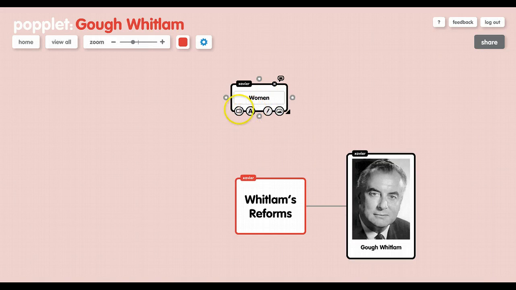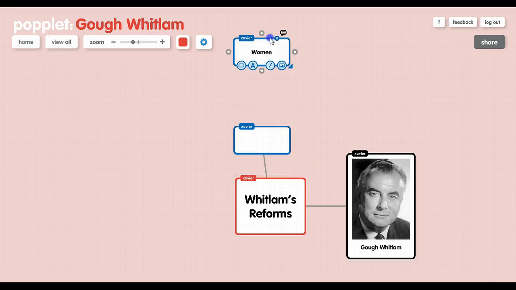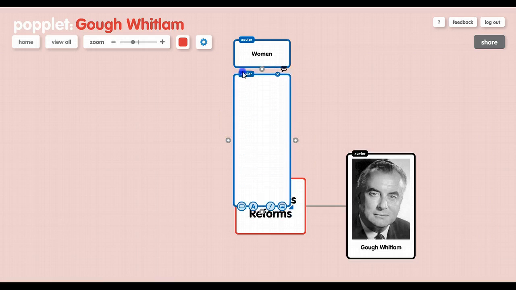Then I copy across the text from the old PowerPoint, and I can paste it into my new Popplet. I'll give it a title, so that's Women. It's better if it's in a separate popple, I think, just so it's easier to see and visualize the information. And if you make the popples the same color, it's quite obvious that that's the title for that popple. And then I just make that a little bit bigger,